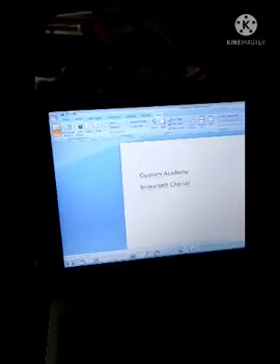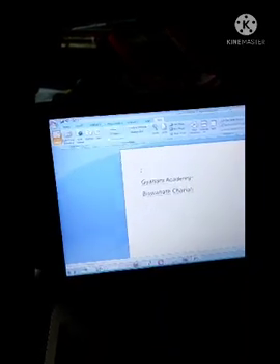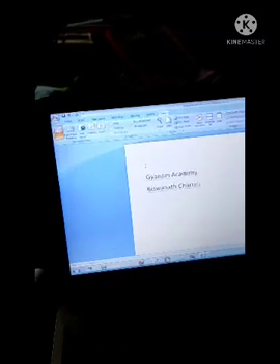Then we save this document with Control S. Then we save this document on the desktop.